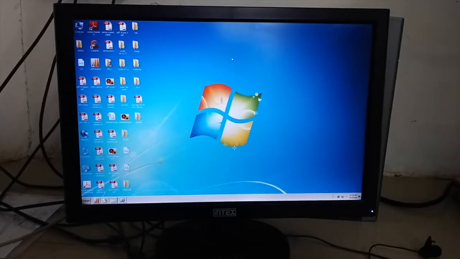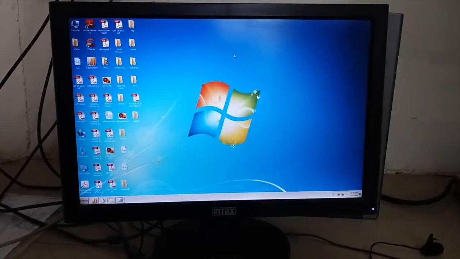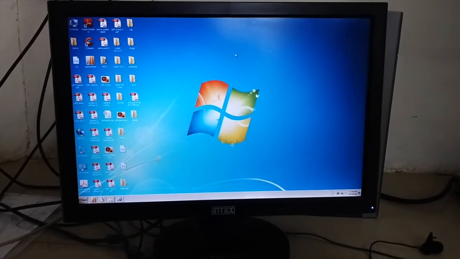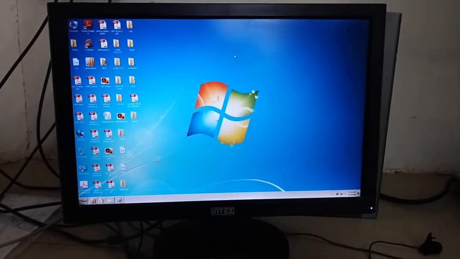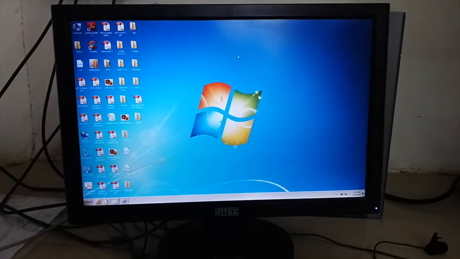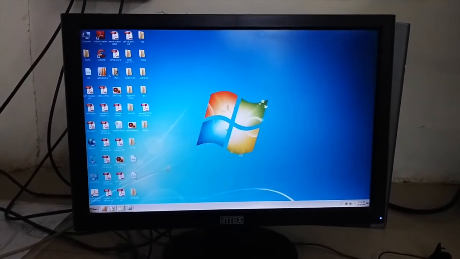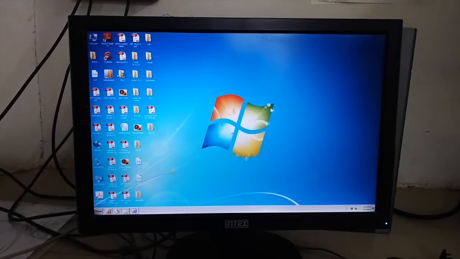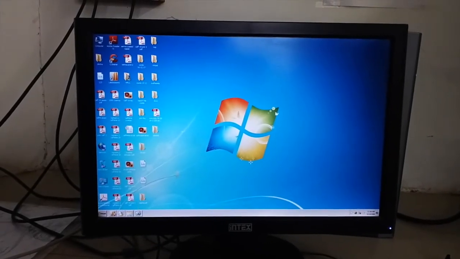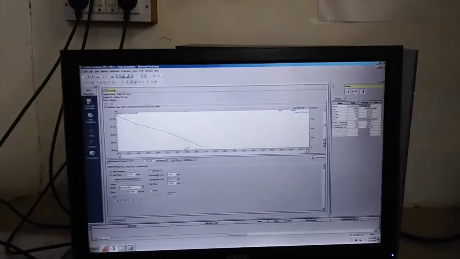After setting all the parameters in the instrumentation part, the next part is the recorder system in HPLC instrumentation, which is operated by the software. Here in this instrument, the LabSolutions, see this LabSolutions is a software. You have to double click on the LabSolutions software, so you get this type of window. Then you have to double click on this, so you get this type of window.